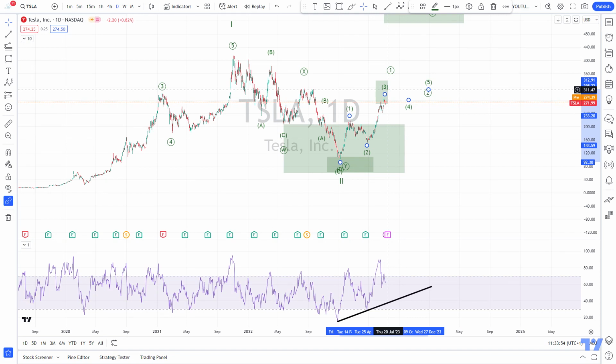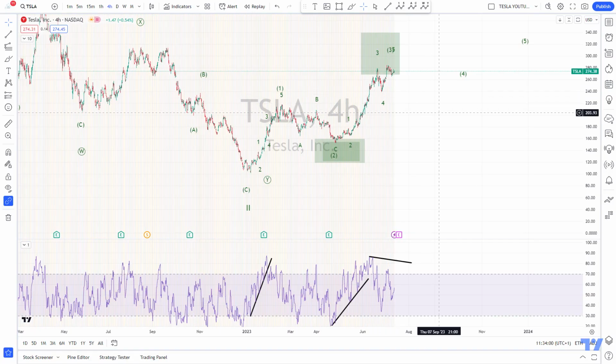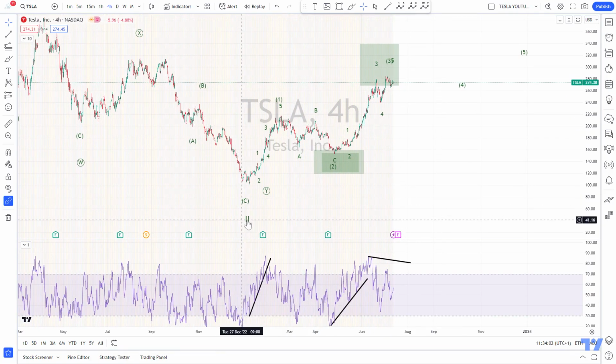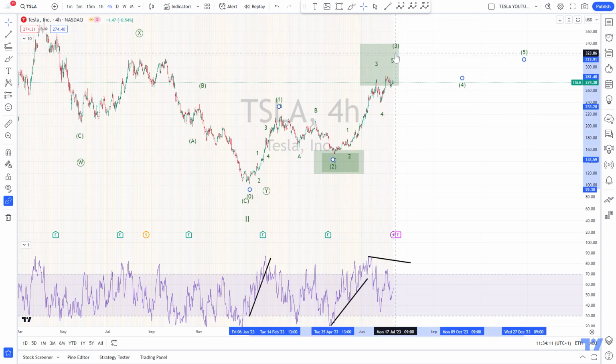So now let's have a closer look at the 4-hour. Here we have the 4-hour chart. This is again the wave 2 low, the first wave 1 up, the wave 1 2 down. And now we are looking at this wave 3. Normally this wave 3 should end in this area here, and this wave 3 should again